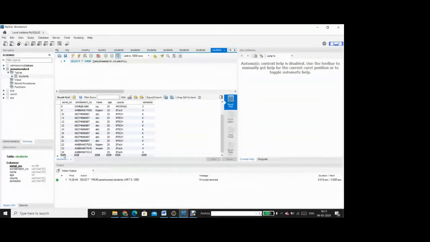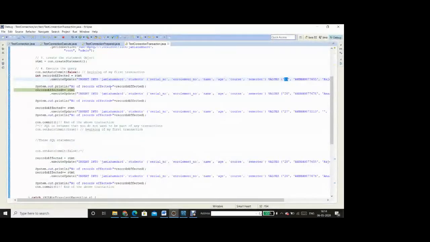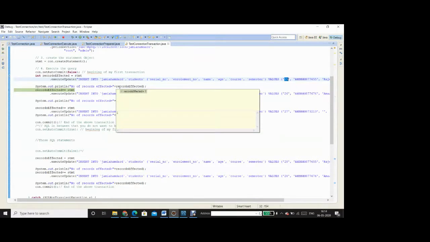The effect of that particular insertion is still waiting with the database server. The database server keeps the effect of that statement on hold unless and until it sees the instruction from my Java code for the commit operation. So that is not inserted. Basically what you see on the screen, that one record affected, is in a transition state.